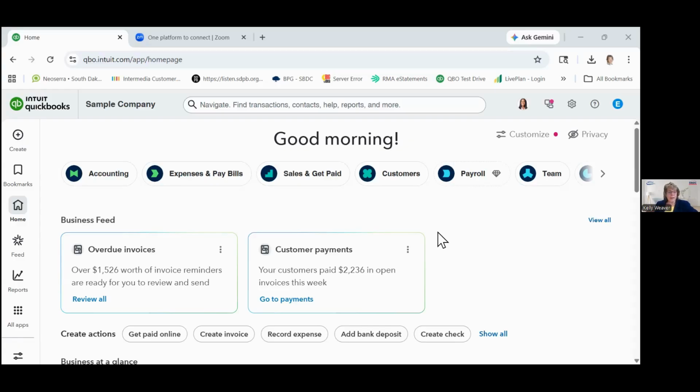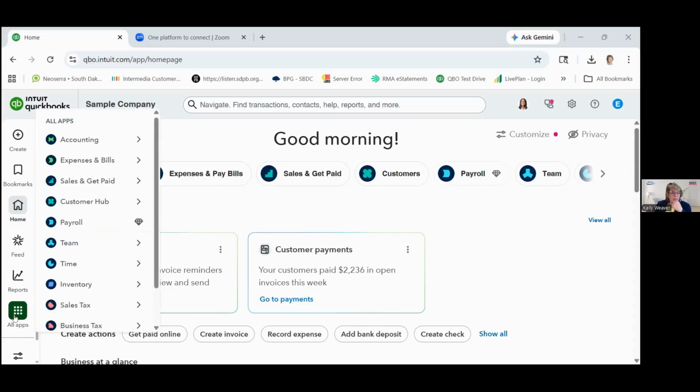Also know that you'll see down here, there's an all apps function. QuickBooks provides a core financial software function. It has information about customers and vendors and products and services that you can keep within QuickBooks, but you might have a separate CRM software where you keep all your customer data, you do your bookings, you do your receivables and everything through there. So some of those things can connect directly to QuickBooks. If you don't have something like that, but want something like that connects to your QuickBooks, I would look at the QuickBooks apps and see what is available.